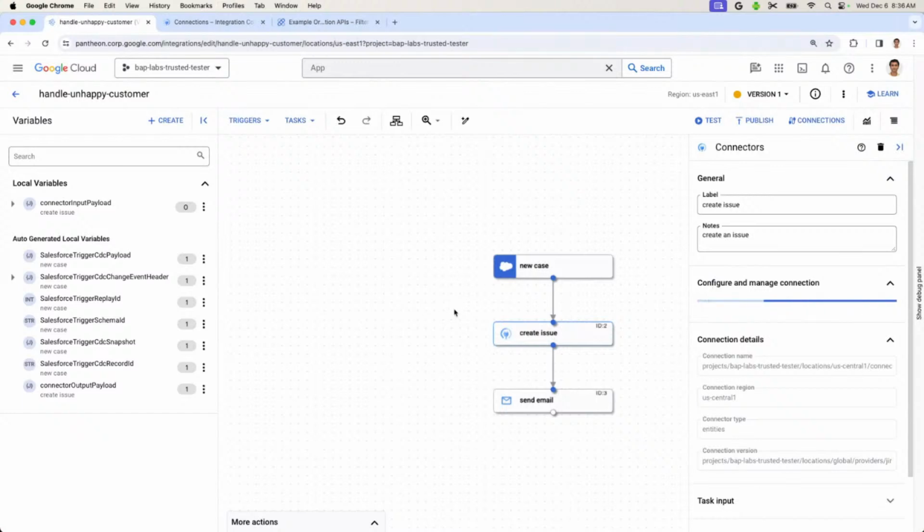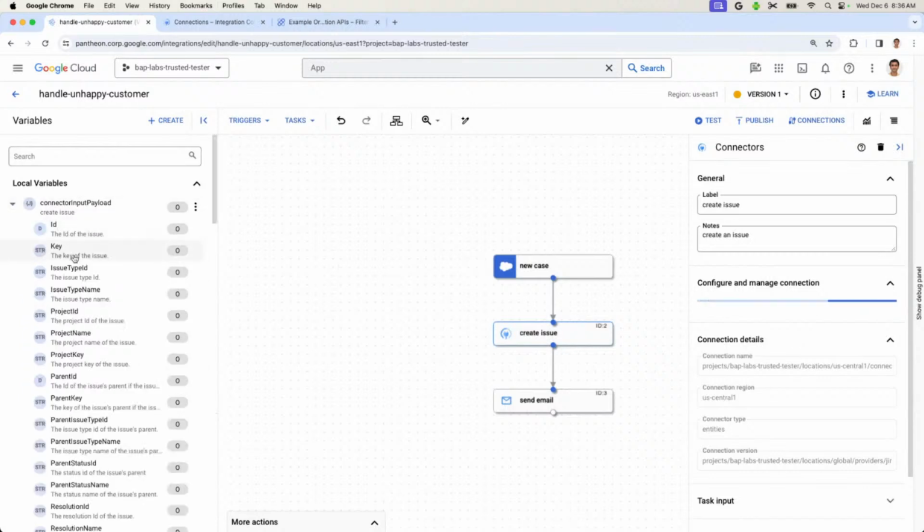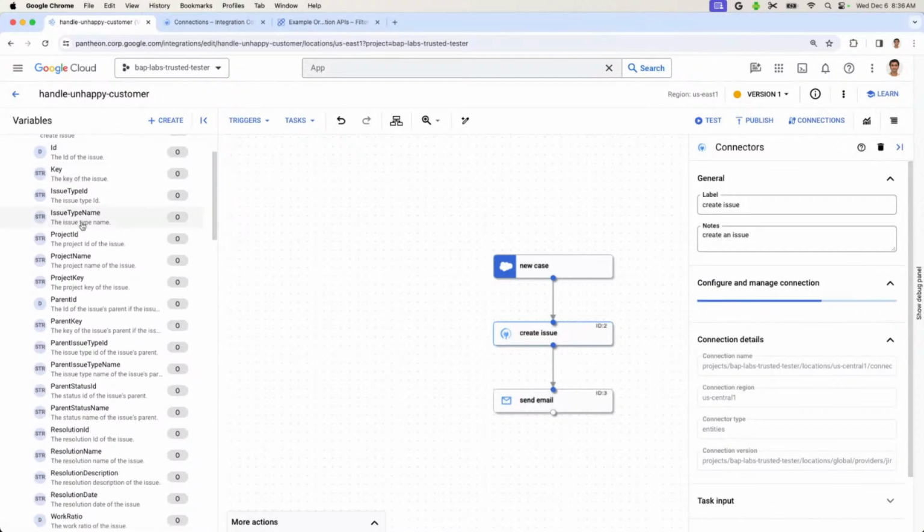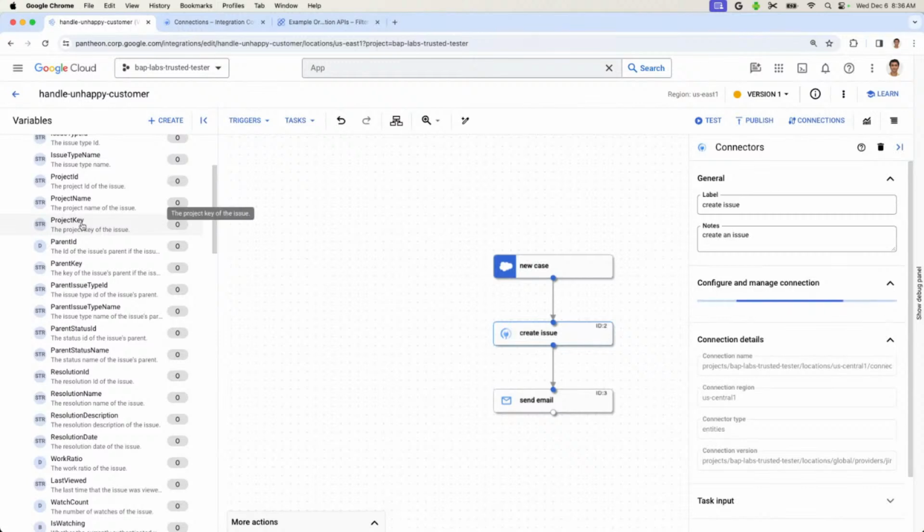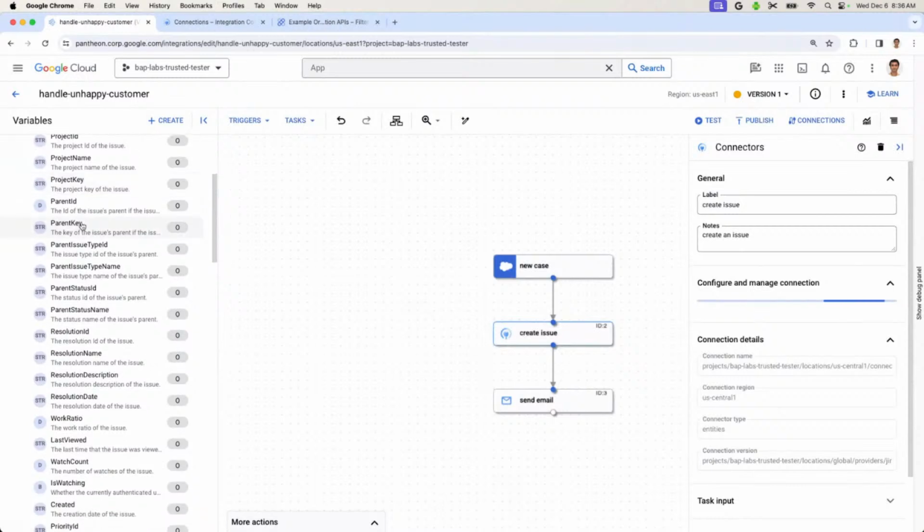It pulls up that Jira connection, and not just the connection, it built the variables required to create an issue. If you're familiar with Jira, many of these will sound very familiar. These are the actual fields within the issue object or issue entity within the Jira connector, right?